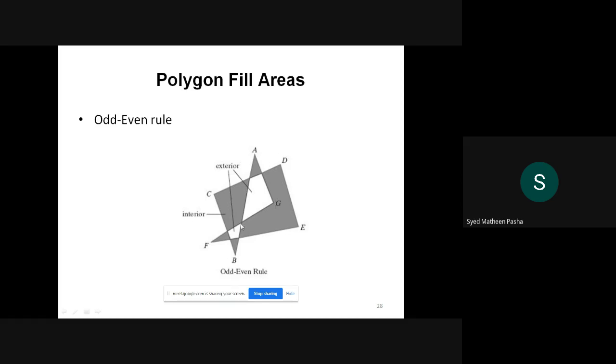I can call F and G as another line. I can call F and E as another line which is crossing A and B. Then once you get the count of the number of lines crossing that particular position which you have drawn, we'll check if the number of segments crossed by the line is odd, then P is considered to be an interior part. Otherwise, that particular part is called an exterior part.